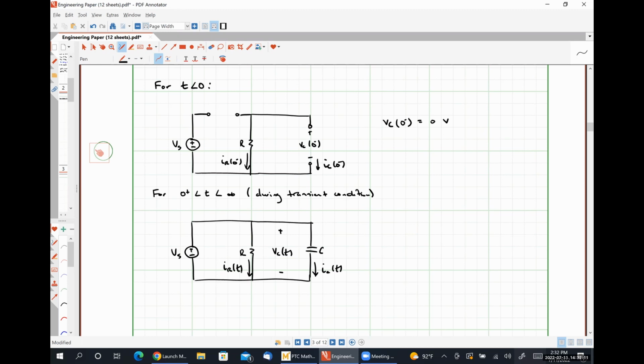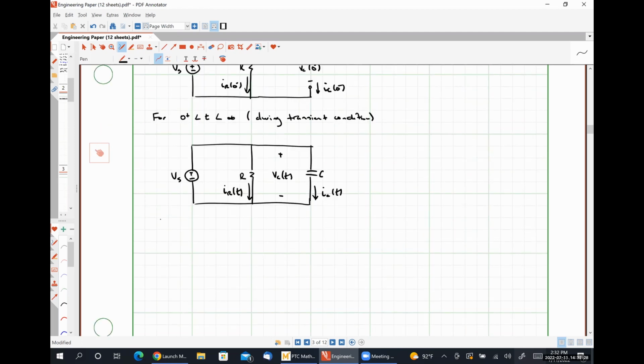And it's going to be fully charged when VC of t is exactly equal to Vs. Well, after it becomes fully charged, our transient condition is over. And we'll have this third period for t greater than infinity after our charging stops,